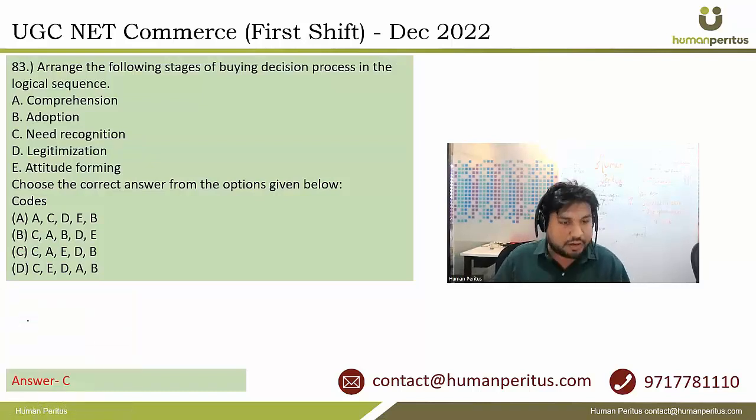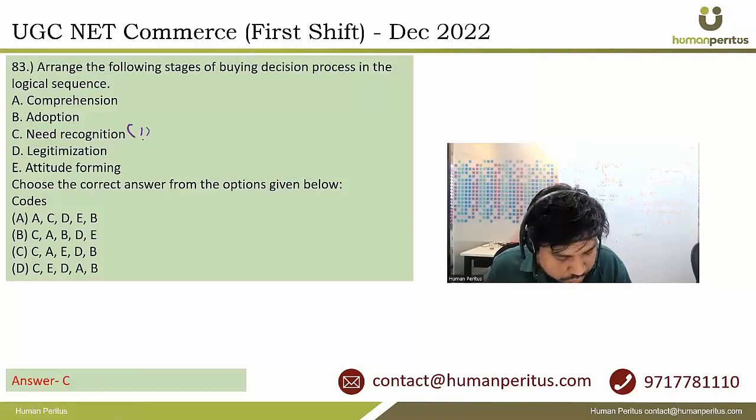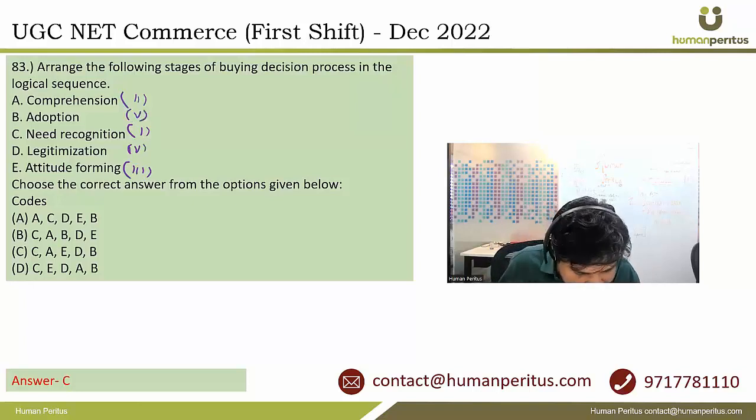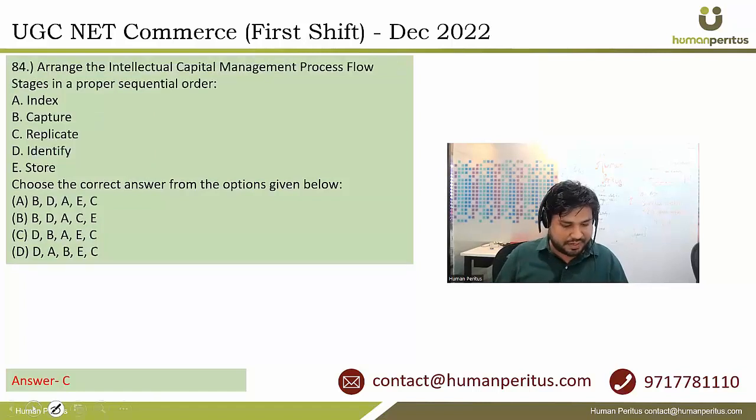नेक्स्ट पे आते हैं। अरेंज द फॉलोइंग स्टेजेस ऑफ बाइंग डिसीजन प्रोसेस इन द लॉजिकल सीक्वेंस। अगेन एकेडमिक क्वेश्चन है। तो पहला होता है आपका नीड रिकॉग्निशन, दूसरा होता है कॉम्प्रिहेंशन, तीसरा होता है आपका एटीट्यूड फॉर्मिंग, चौथा होता है लेजिटिमाइजेशन, और पांचवा होता है अडॉप्शन। तो सही आंसर इसका हो गया सी ए ई डी और बी। ठीक है, तो यानी आपका ऑप्शन सी।